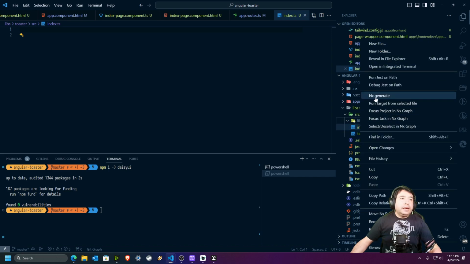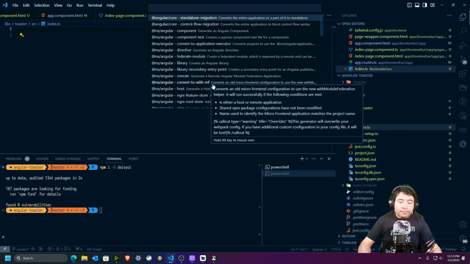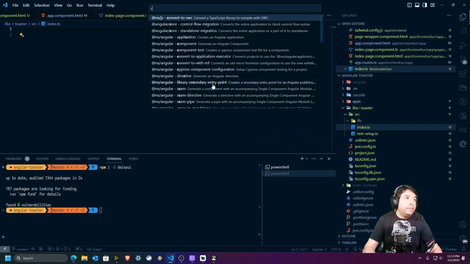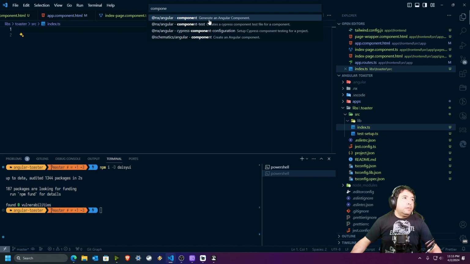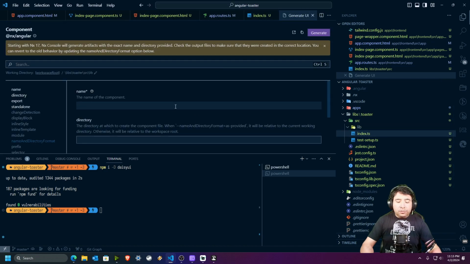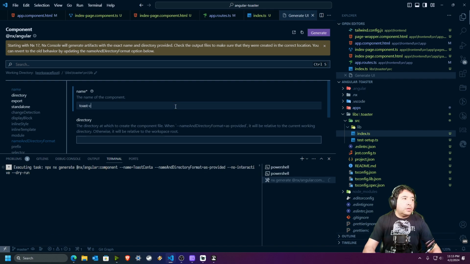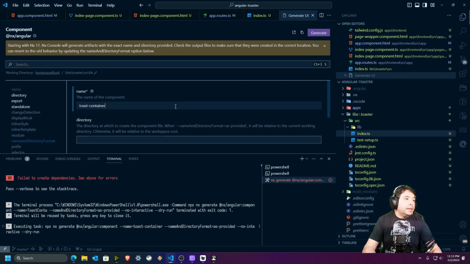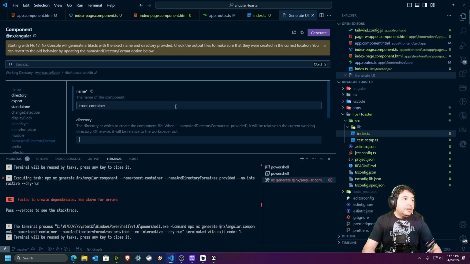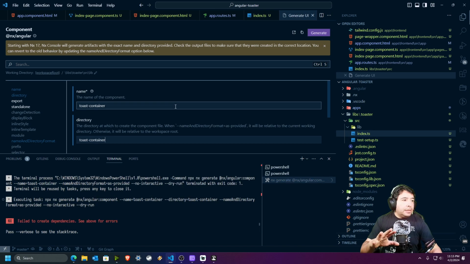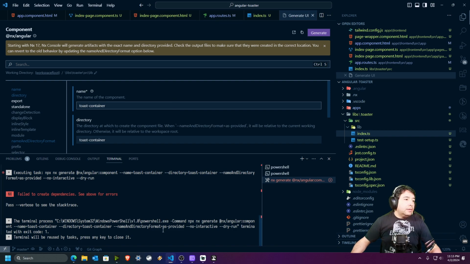Let's see. Nx generate a library, a component, and this component is gonna be the toast container. Yeah, toast container. This is what I was telling you. Toast container. So if it is a library, apparently there is some issue here with Nx, and what I'm gonna do is just copy the command line,